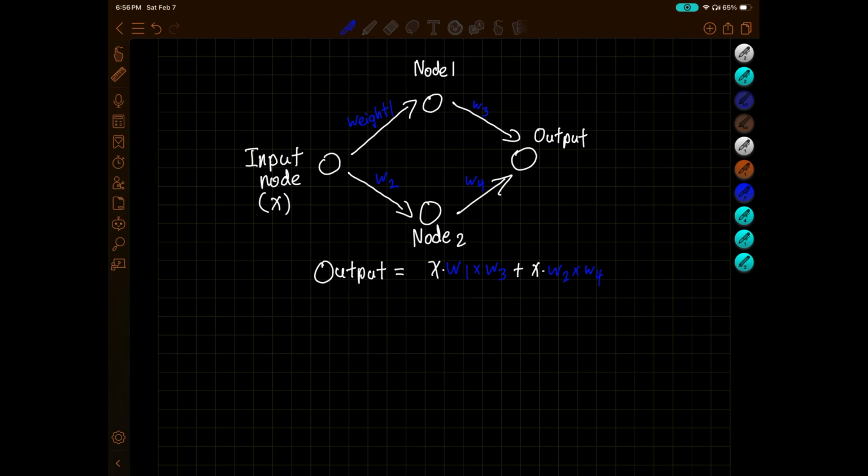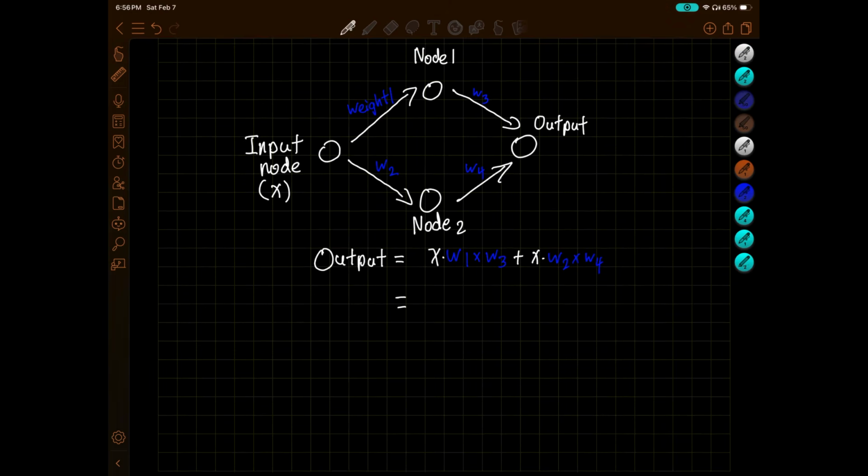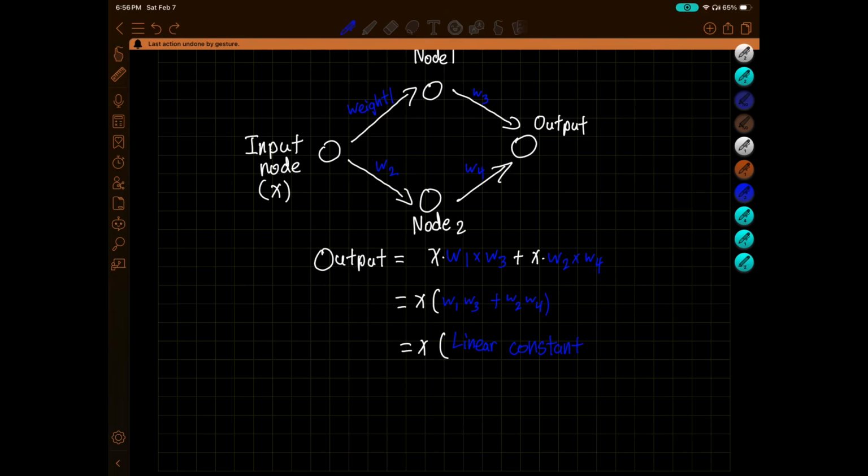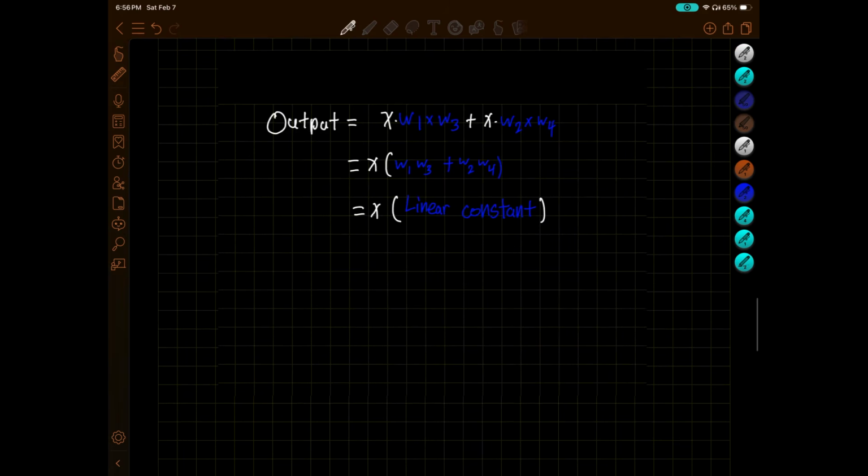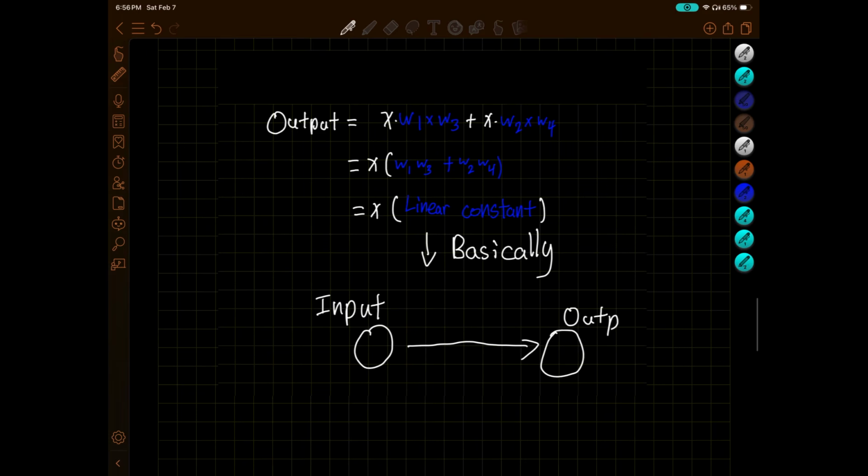And you could factor this out into the input times the weights combined. And as you can see here, the weights combined is basically just another weight. So with this setup, you could basically just make another neural network with 2 nodes, an input and an output, and 1 in between. So in order to introduce some nonlinearity and allow this to become more complex, we need